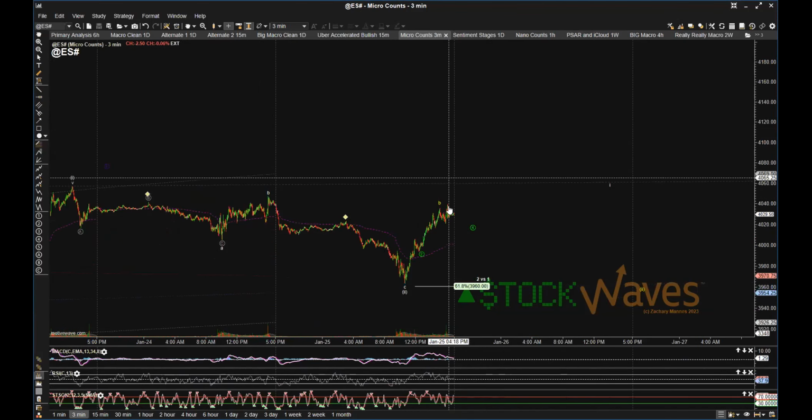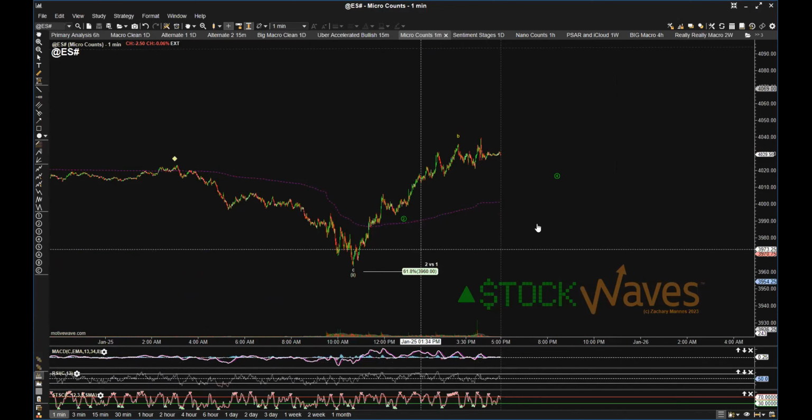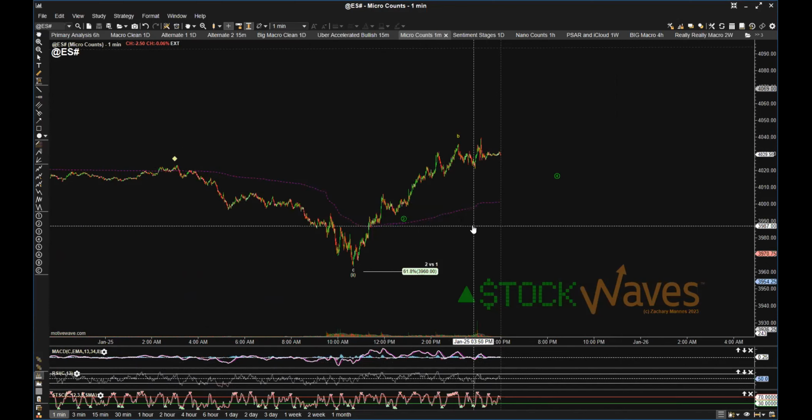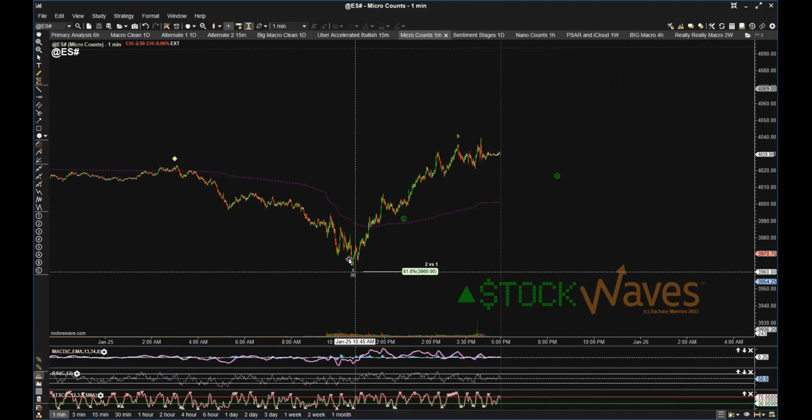And so that is a good indication for support and resistance as well, particularly when you test it and then leave it behind,